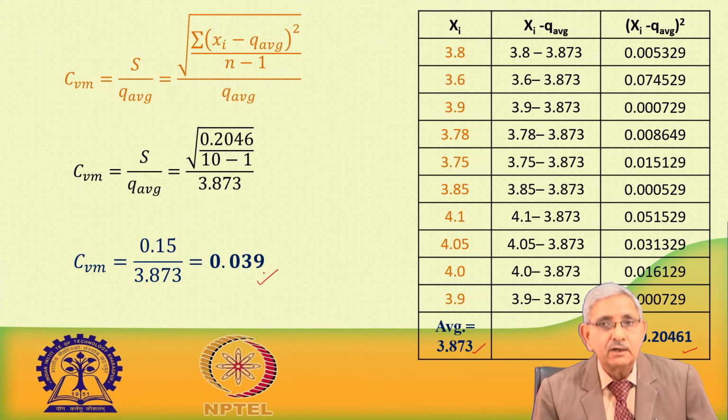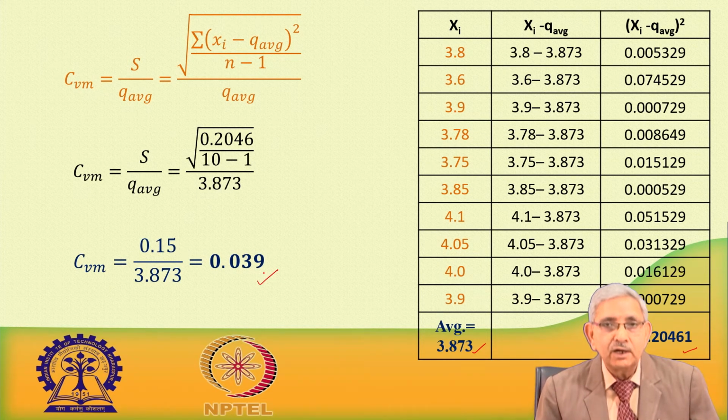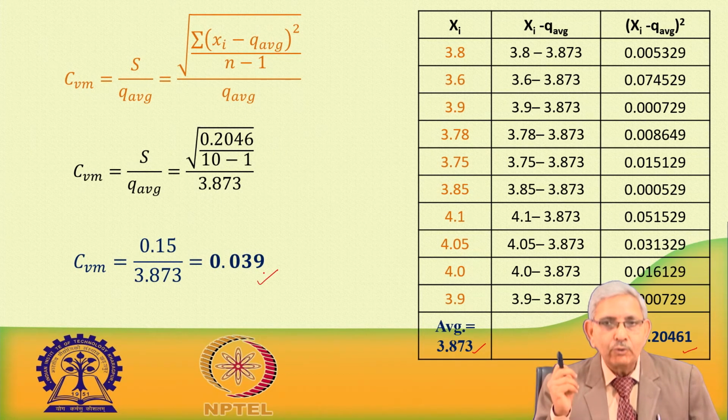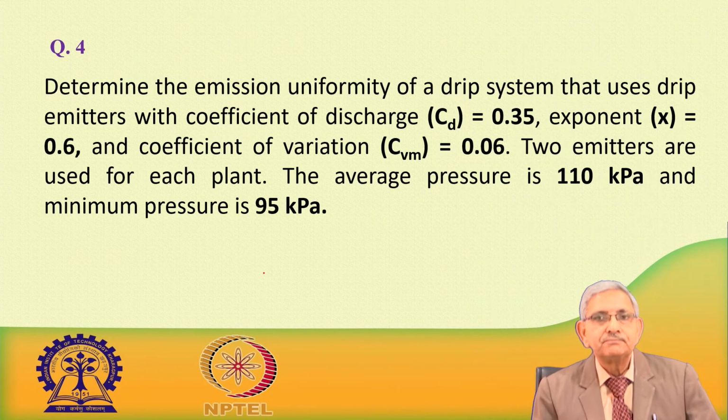So, this is an important test, and the Bureau of Indian Standards as well as the American Society of Agricultural Engineers have prescribed the test and given this table for point source emitters, whether they are of excellent quality, good quality, or very poor quality, in which case the lot should be rejected. So, when we have taken these 10 samples and found the CVM value, if this qualifies, then the lot should be accepted for use.